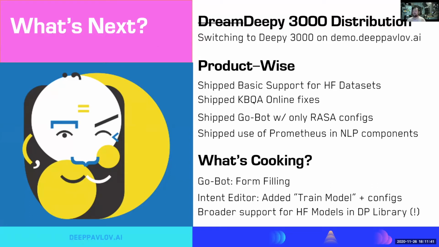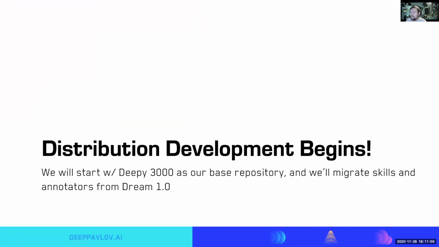Speaking of the distribution thing, in the beginning, we promised when we announced DeepPavlov Dream, we promised that we will open source our AI assistant, and we will make it available to all of you. However,